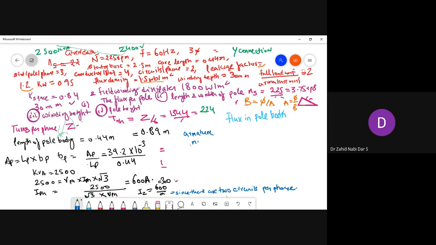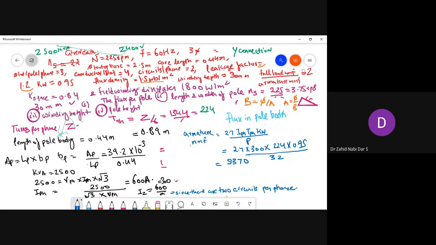Armature mmf would be equal to, this armature mmf formula is there, that is around 2.7 I phase, T phase, kW divided by number of poles. This formula we have derived also. So we'll substitute there 2.7 into 300, T phase value 224, kW value is given 0.95, and number of poles are 32. So it happens to be around